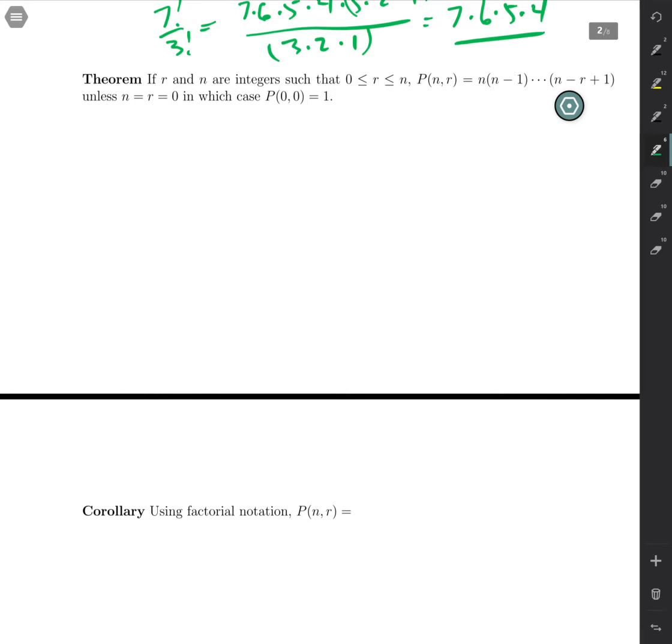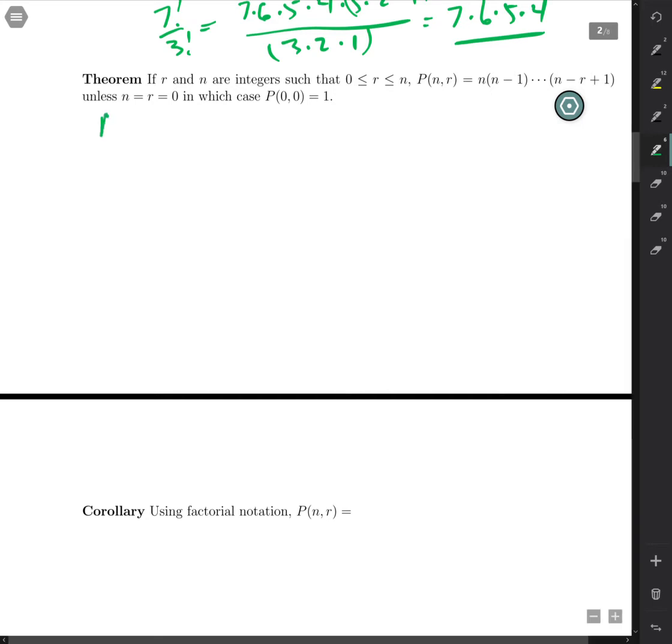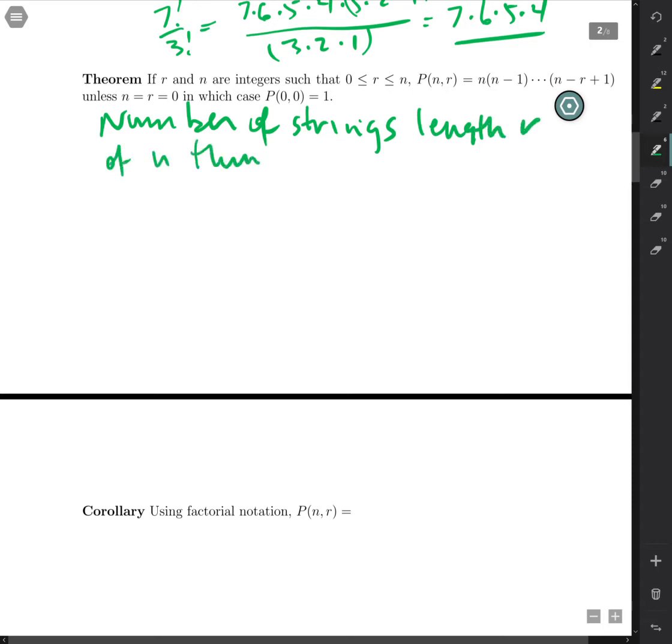So here we're talking about how many ways can you create an r-string, basically, of n distinct things without repetition. So this is really the same as the number of strings of length r of n distinct things without repetition. So we want to take r of the things and order them, but we can count this by looking at